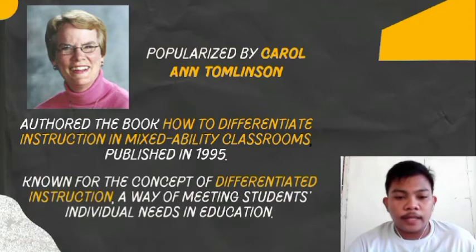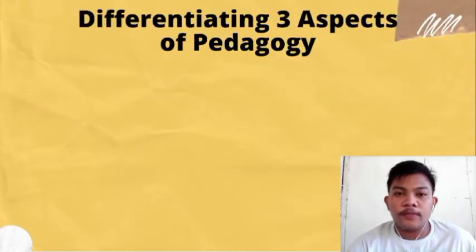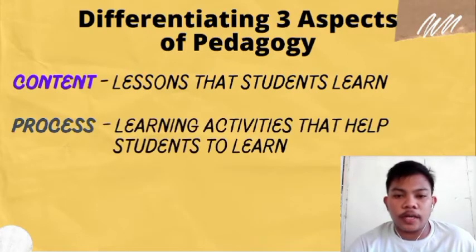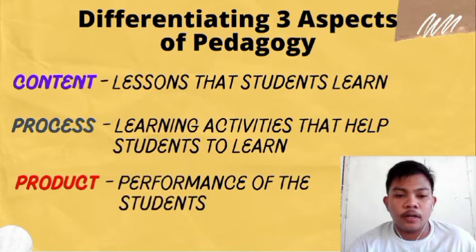According to her, differentiated instruction is a teaching style that meets students' individual needs in education by differentiating three aspects of pedagogy: content, the lessons that students learn; process, the learning activities that help students to learn; and product, the performance or the assessments of the students. The content usually comprises the learning materials we need before we apply the strategies in the